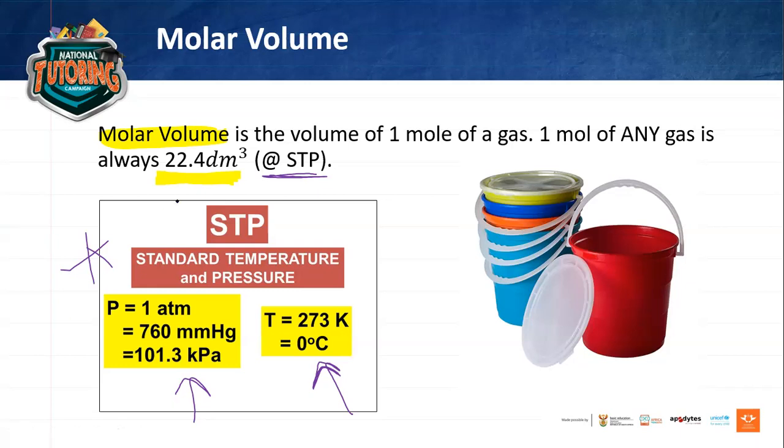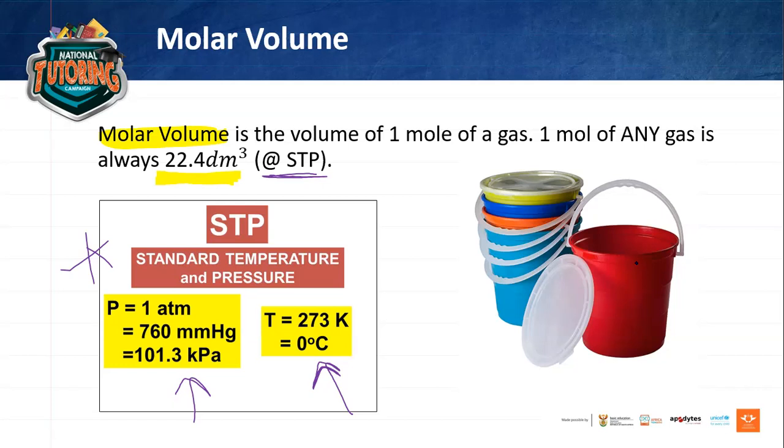So what is 22,4 decimeter cubed? Just so that you have an idea of it, it's like a 25-liter bucket. Liters are the same as decimeters cubed. So obviously a 25-liter bucket is just a little bit more than 22,4 liters. But if you can picture what a 25-liter bucket does, you use it to wash the floors, or in the garden or whatever, that's just an idea of what